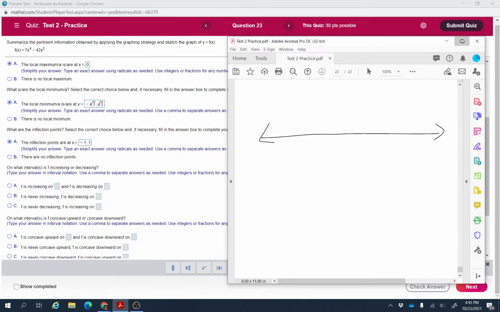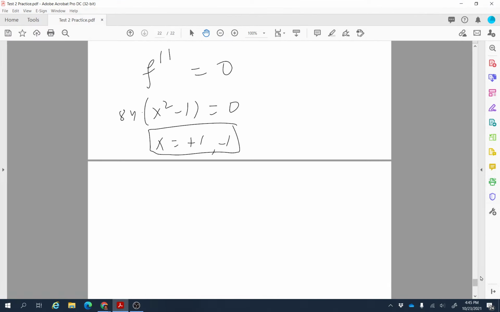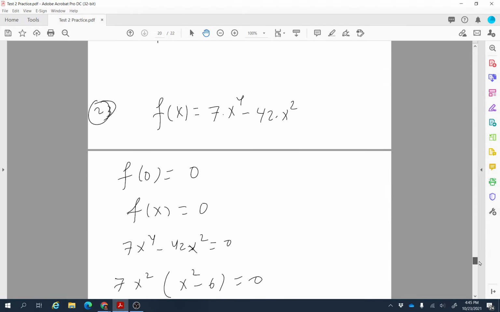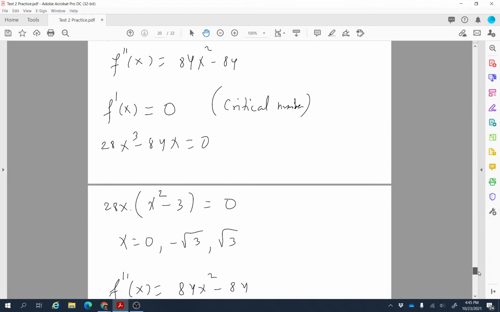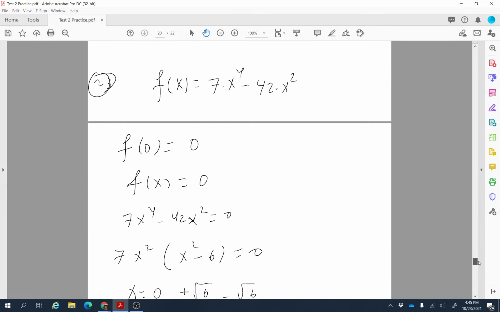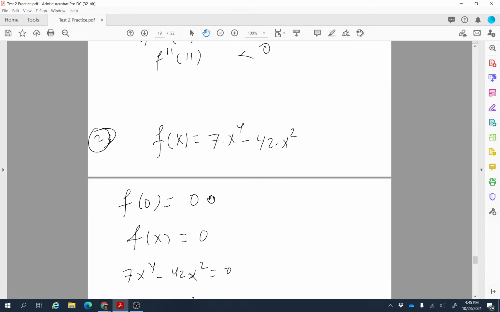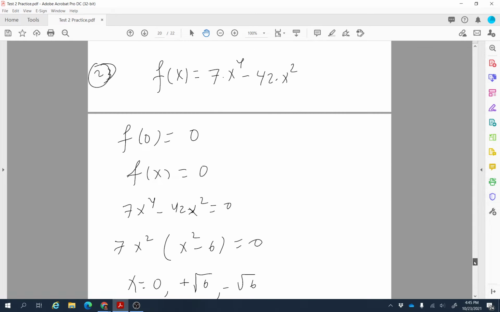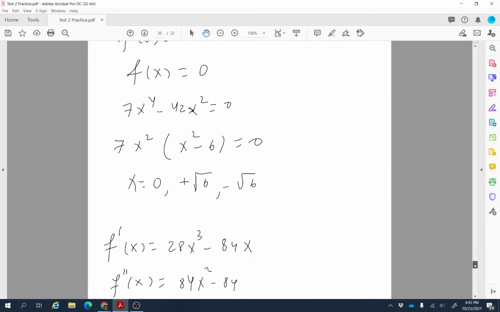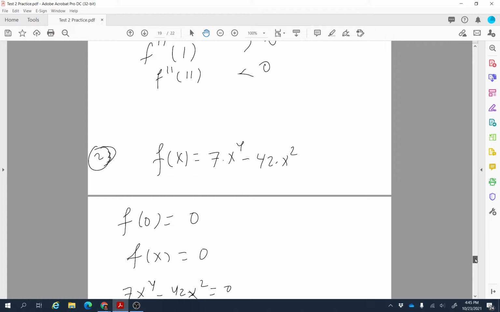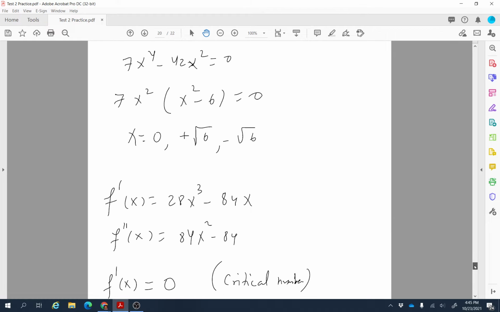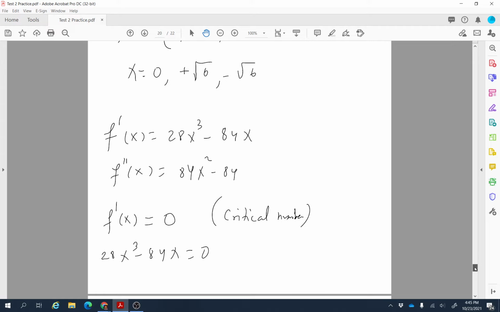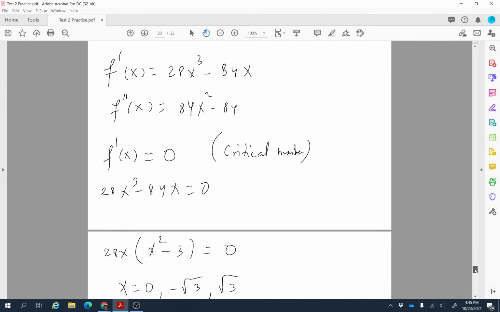Let me double check that those are the right points or not. I don't want to spend time and then finally get the wrong answer. So this is the function, and then first derivative is 28x cubed minus 84x, and then if we solve that one, 28x cubed minus 84x, 28 factor out, so that means